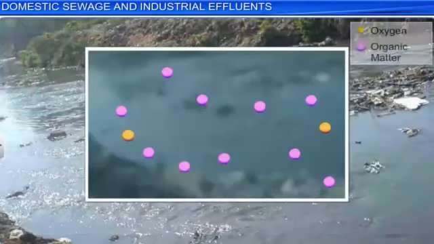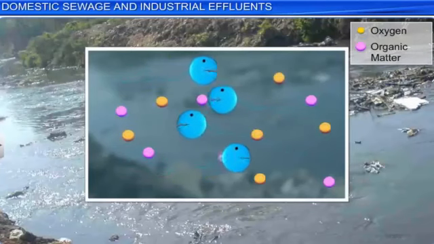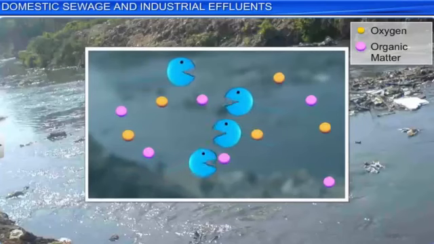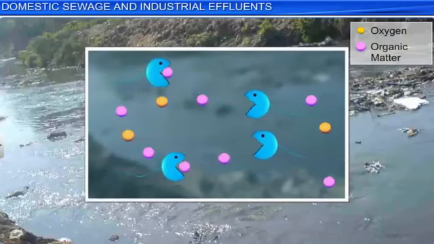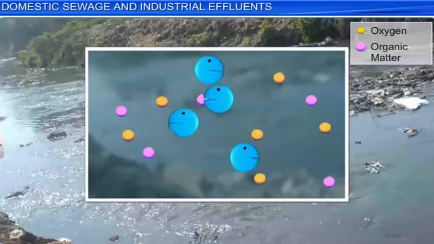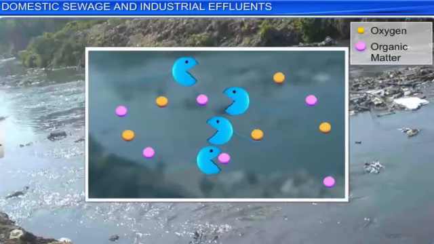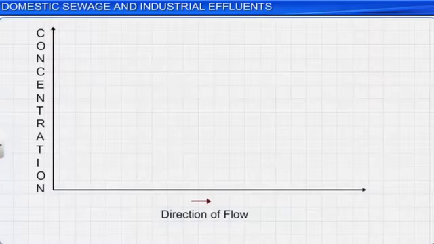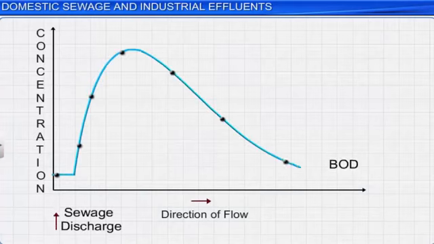These microorganisms decompose and treat the organic sewage matter by using it as a substrate to multiply. However, during this process of decomposition, microorganisms require a lot of oxygen, which is measured in terms of biochemical oxygen demand, or BOD. The concentration of BOD in the sewage water discharged into the water is high.